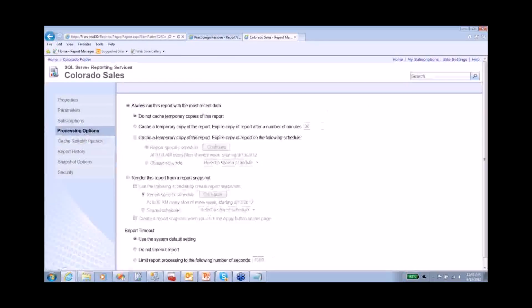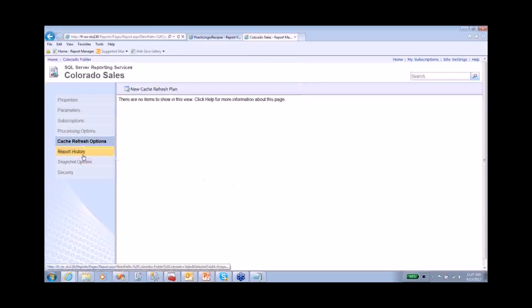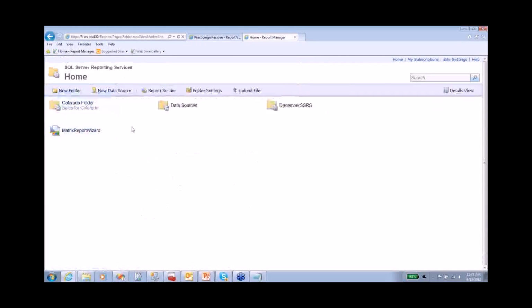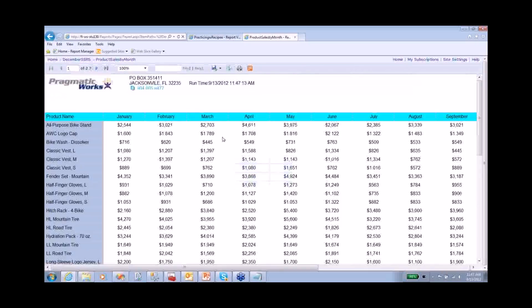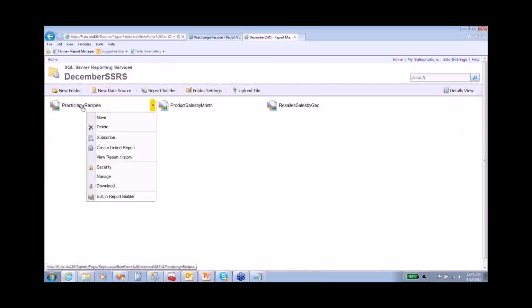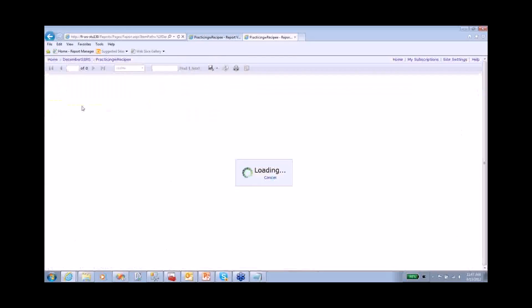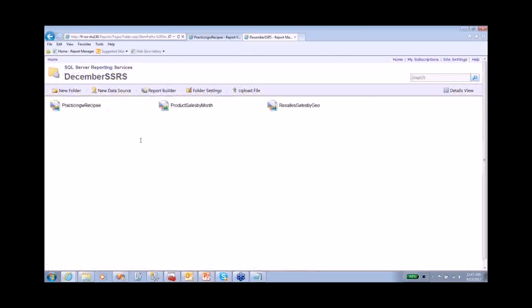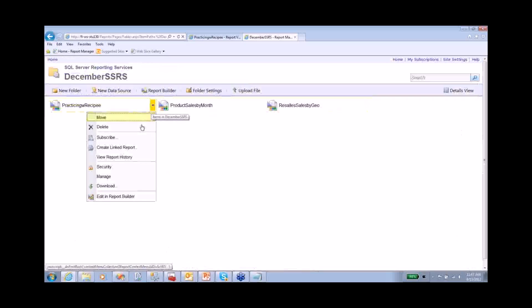We have other options here: processing options, cache refresh options, snapshot options, and history and security. I'm not going to be talking about these because these are mostly for performance. Let me show you what I mean by that. I have this report here, and see how it takes some time to show the information. But depending on what your needs are, you probably would like the information to be faster, or if you have a very long report. So you can configure those properties of your file